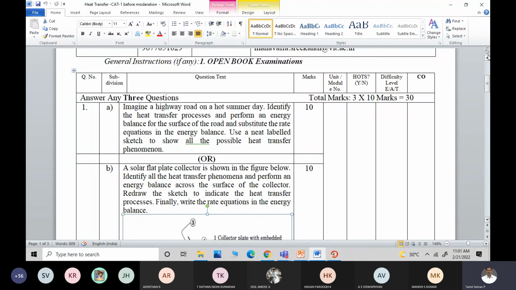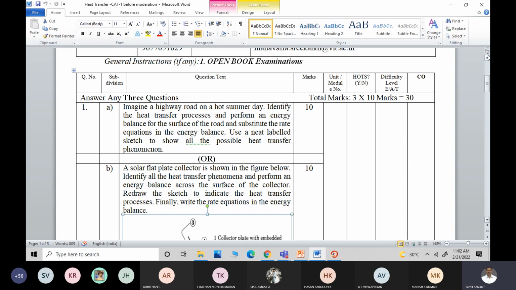There is a water splitting problem: usually on a hot summer day, all of a sudden there is a rainfall, and immediately the top surface is cooled, but at a certain depth it will not be cooled. They wrote like that. I didn't teach you the semi-infinite solid technique, and they didn't write it well either. Again, on a hot summer day, identify the heat transfer process and